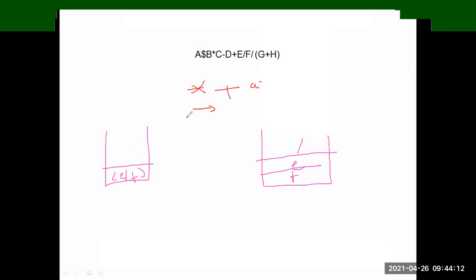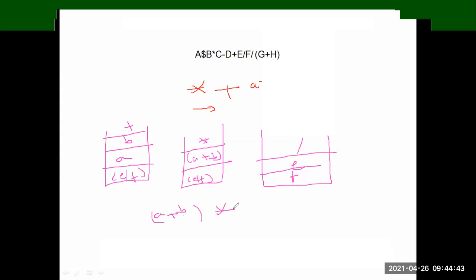Next we insert A, next insert B, next insert plus, then perform the operation between them. Then you get the values as A plus B and E by F. Because you have star here, but you are performing these two before the star, these are in brackets. Then finally you get the star, and you represent the values as A plus B into E by F. Okay.